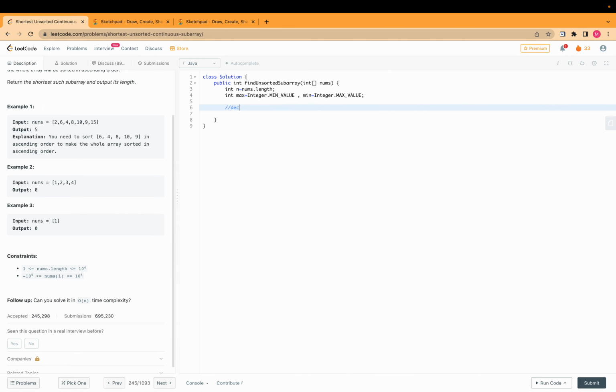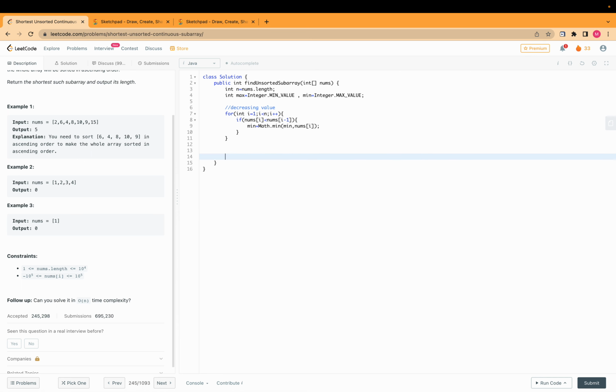For that we need the decreasing values. We will iterate with a loop: i equals 1, i less than n, i plus plus. If we find any condition where nums of i is less than nums of i minus 1, then we will update our min with nums of i,